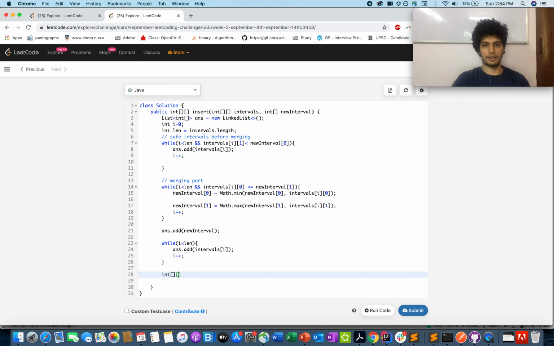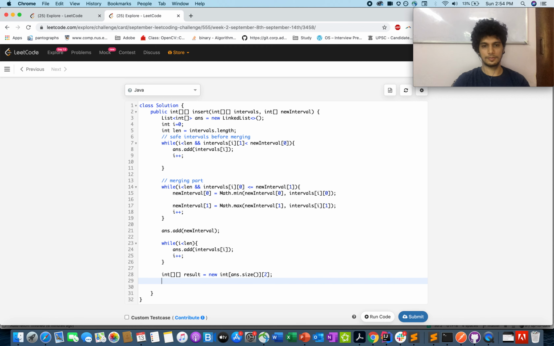And then you will form your result. So this is my result array. I'm just converting it into the intended output definition in which I need to give the result. So the size is 2, and the size of this array is equal to ans dot size, while defining another variable for iterating, j equal to 0.